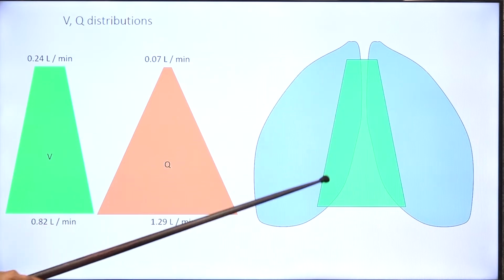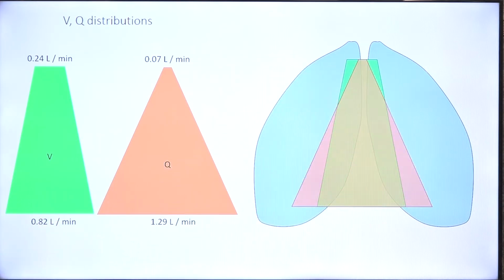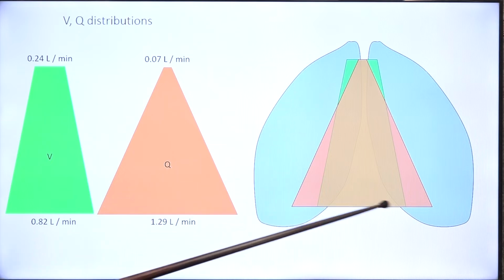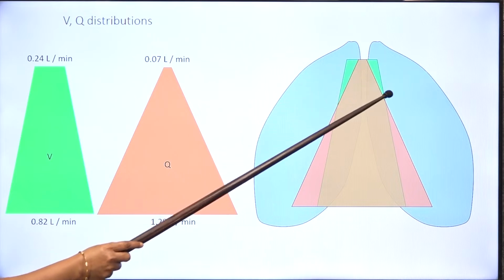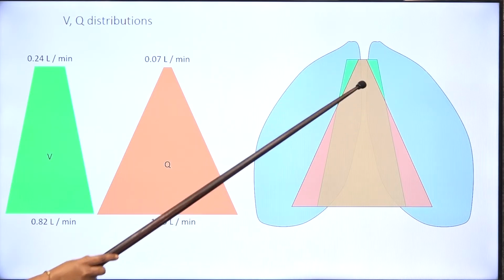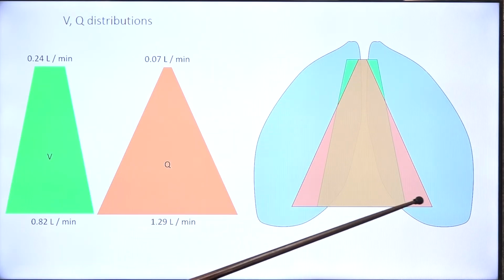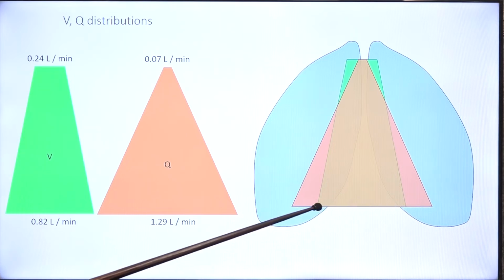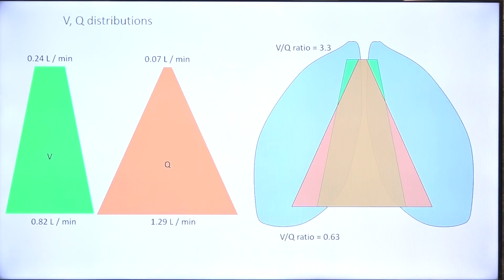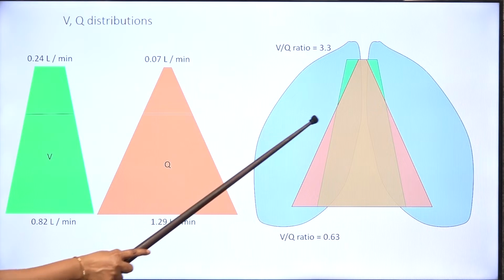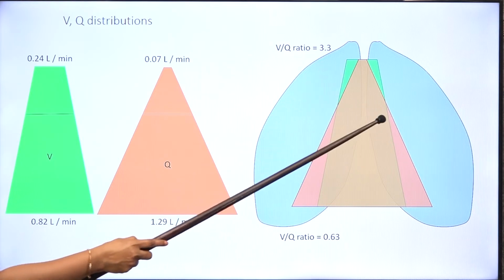So if that represents ventilation, and if this represents perfusion, you see that in the apex there is more ventilation in comparison to perfusion, and in the base there is more perfusion compared to ventilation. VQ ratio in the apex of the lung is 3.3 and at the base of the lung is just 0.63. Somewhere along the third rib is where you will get a VQ ratio of 1, where ventilation and perfusion are